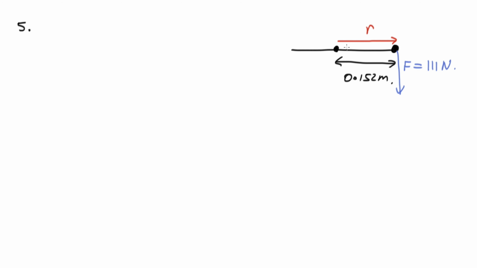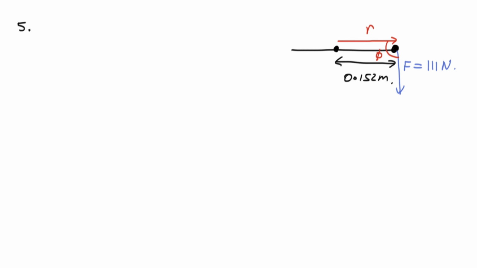Okay, this is problem 5. We've got a pedal arm here. So it's pivoted about some point here, and then the pedal's at the end here, and this distance here we're told in the question is 0.152 meters, and then a force is applied down here, which is equal to 111 newtons, and we're given different angles between the radius. So the direction of the radius is this way from the pivot point to where the force is applied, and this in here is our angle phi. So the way I've drawn it at the moment, phi is 90 degrees,